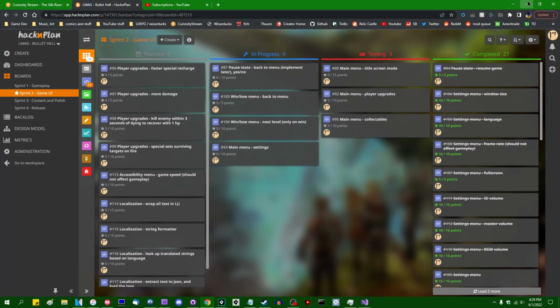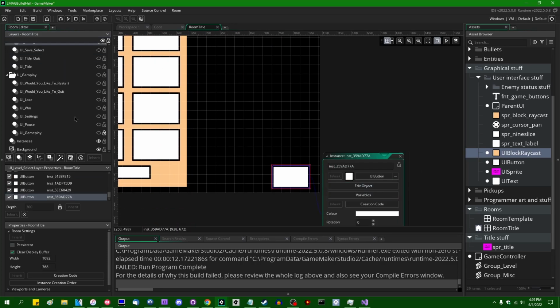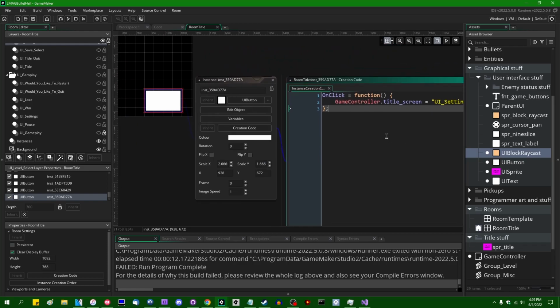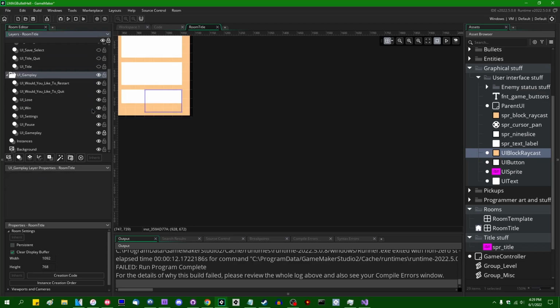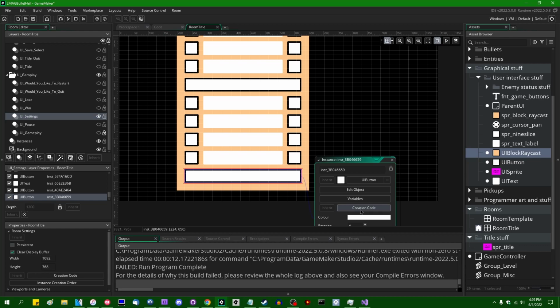What the heck? Let's do settings menu. So if we go to the level select and go to the settings down here, this will be UI_settings. Creation code, instead of saying UI title settings, this is just going to go to the regular settings menu. And if I were to make this visible, the back button,